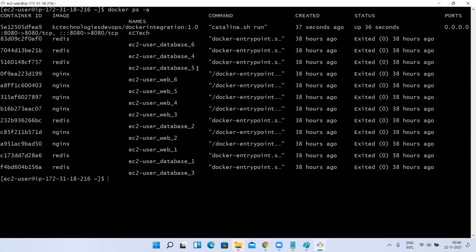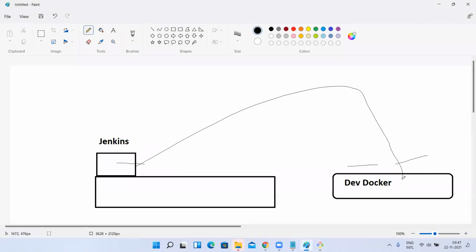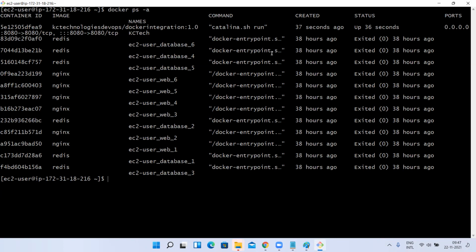But okay, this was yesterday. But you see now, just now, you need to install Docker. Of course, if you don't install Docker, what is the use, right? I already said there is a dev Docker where you have Docker installed, everything. Now, has this created a container just now, 30 seconds ago, using this image, using the custom name? It has created the container. Yes or no? Yes, sir.